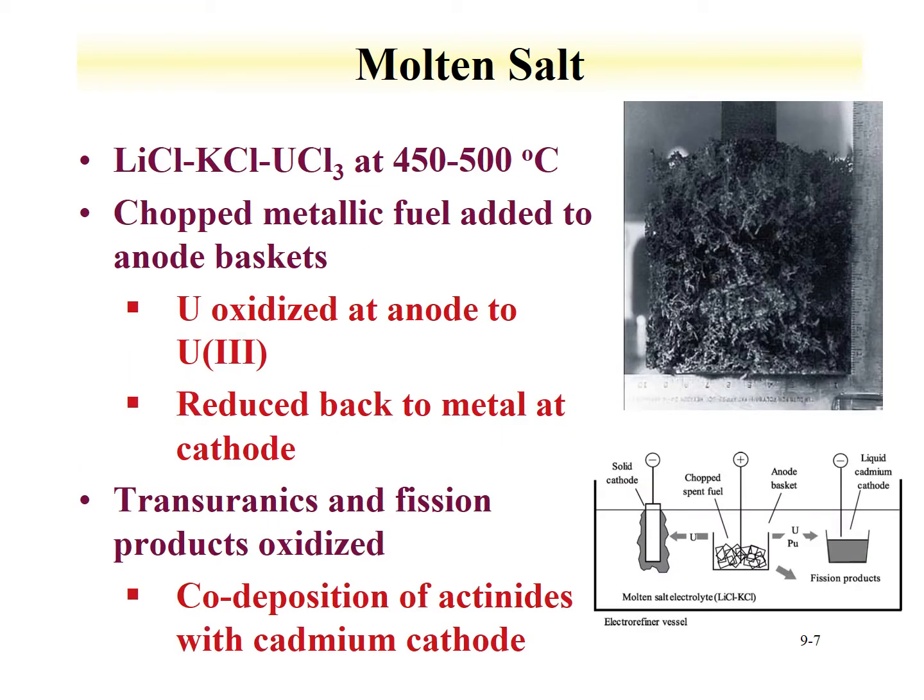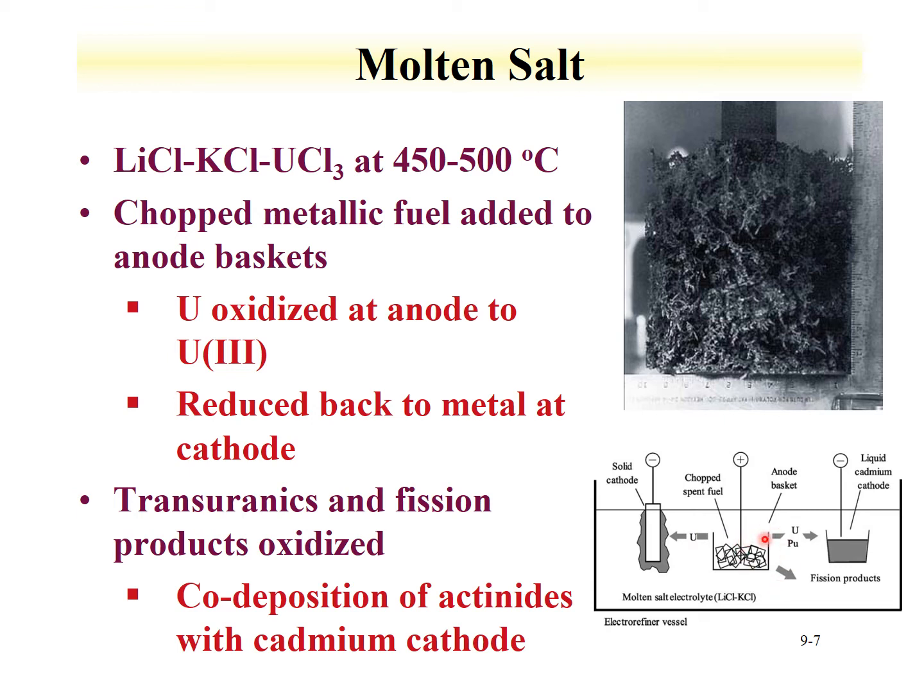Another example of a separation process based on electrochemistry is shown here, in which uranium trichloride is added to a potassium chloride lithium chloride eutectic, heated to about 450 to 500 degrees. That's one of the issues with molten salts: one needs to be at molten conditions. The uranium is added as a metallic phase into metal baskets. The uranium gets oxidized at an anode to the trivalent state. And so you have a basket,